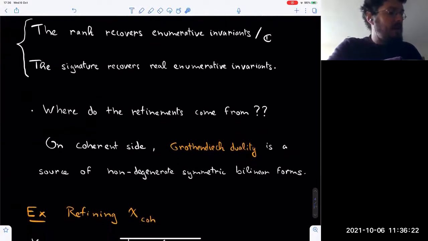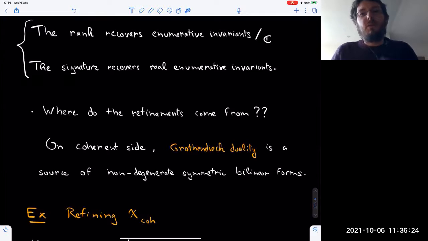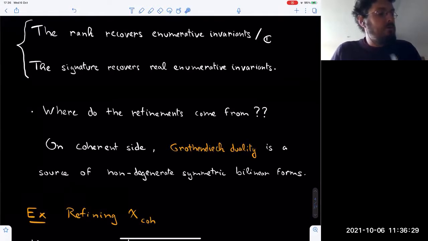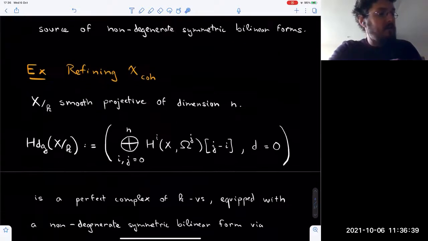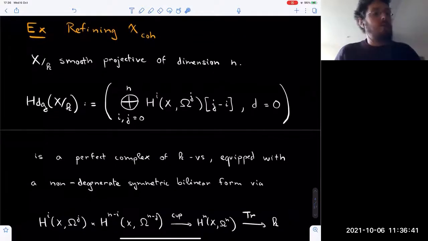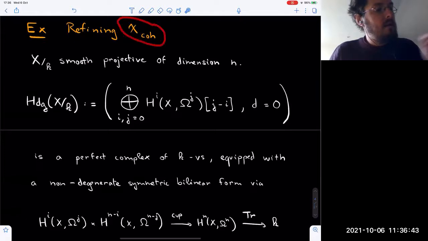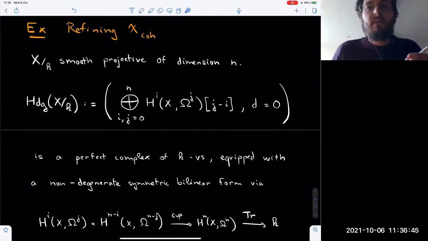But I'm talking about these refinements, so I should tell you where they come from. And one way to produce refinements on the coherent side is Grothendieck duality. And so Serre duality or Grothendieck duality provide non-degenerate symmetric bilinear forms. And let's look at one example, which is how to refine this coherent Euler characteristic of a smooth projective variety. So if you start with a smooth projective variety of dimension n, then you can look at this Hodge